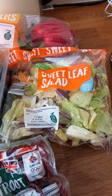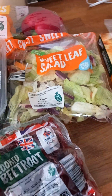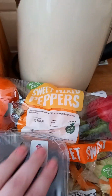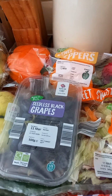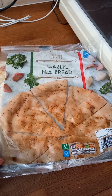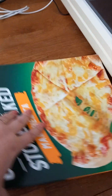Again, it's pointless buying them all separately because they just don't get eaten. More would go to waste, similar with the frozen veg that we buy. And I did get some sweet peppers this week, which is good. Still not the little ones though. There's like a little pack you can get that I normally get, but it was nowhere to be seen today. Managed to get a garlic flatbread to go with the pasta tonight,